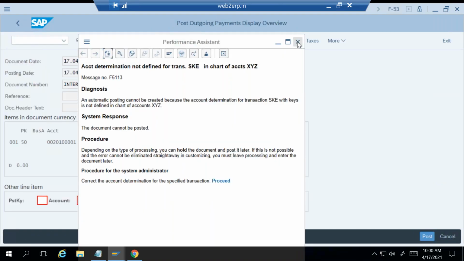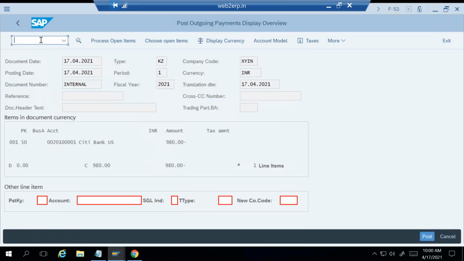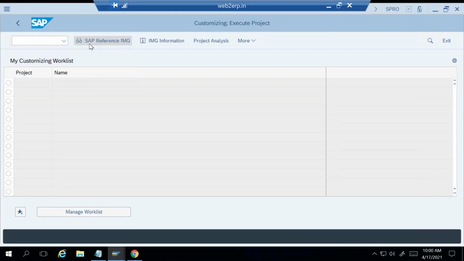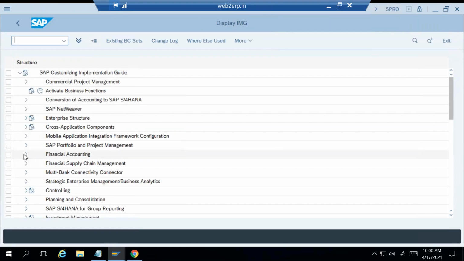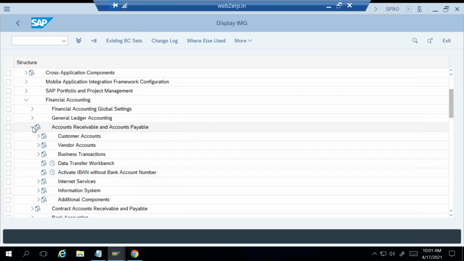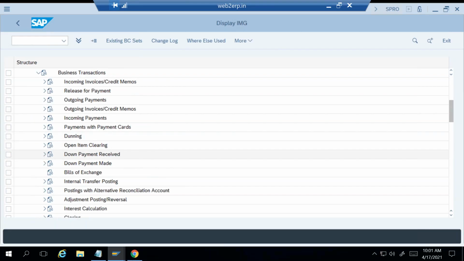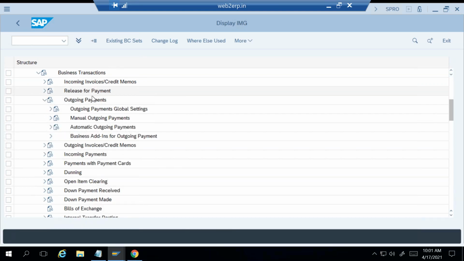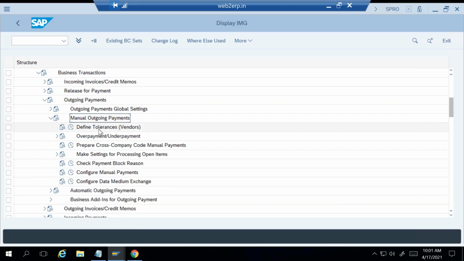But otherwise, if you want to directly go and do the configuration, then you have to go to the transaction in SPRO, IMG, financial accounting, accounts receivable and payable, business transactions. Okay, and here currently we are doing outgoing payments. Within outgoing payments, we are doing manual outgoing payment, and this is where you would be able to see